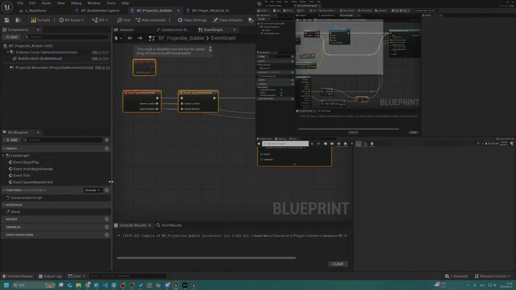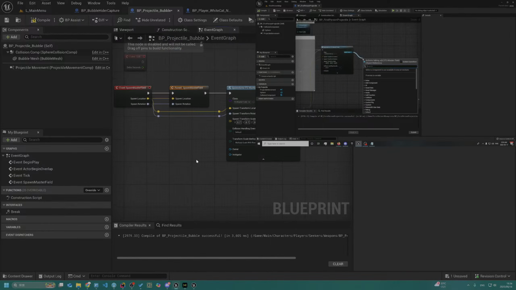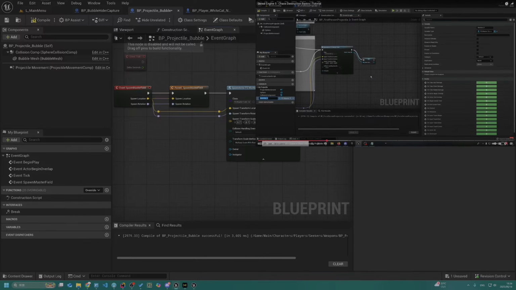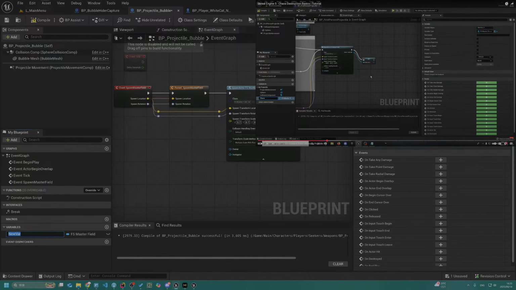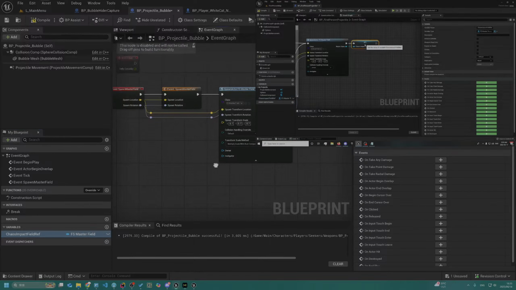Unsave. And you want to drag it up here and get a few. I'm going to promote this to a variable. Make that a Chaos impact field reference so that we can drag it and get this now.